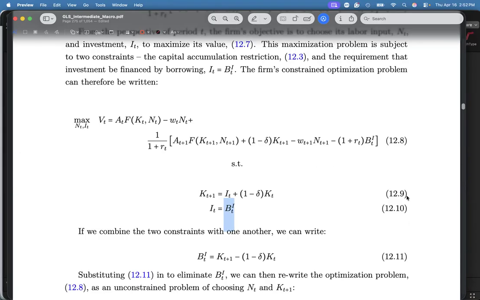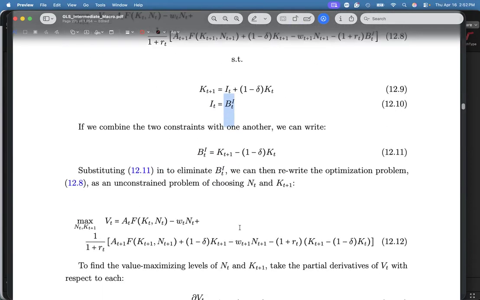This is perhaps the two important ones. The rest of the chapter, at least in this part, will go and simplify this. But once you understand 12.8 to 12.10, you can derive everything else afterwards. Okay. And let's go through the derivation very quickly here. So, ito yung law of motion for capital. But yung nangyari is, minove mo siya such that I yung matitira sa one side, then everything else is on the other side. And then this becomes I or B, right?